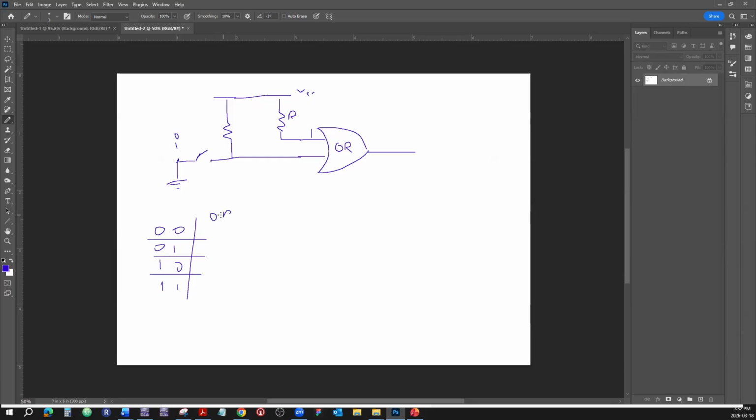OR logic. This one's giving us 0, this one giving us 1, this one giving us 1, and this one giving us 1. That's the OR truth table. So let's say this is input number 2, this is input number 1, and input number 1 is A, and this is B. So here is A